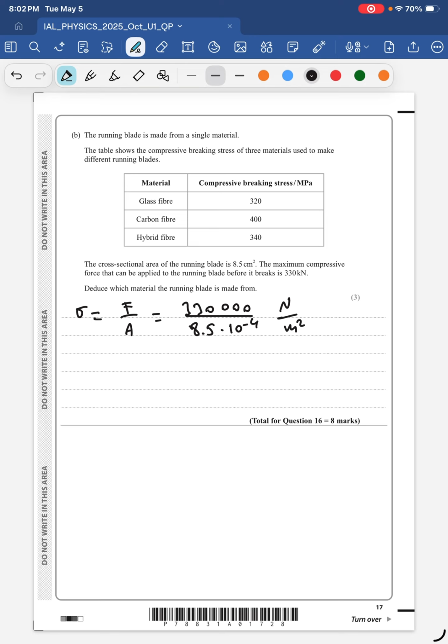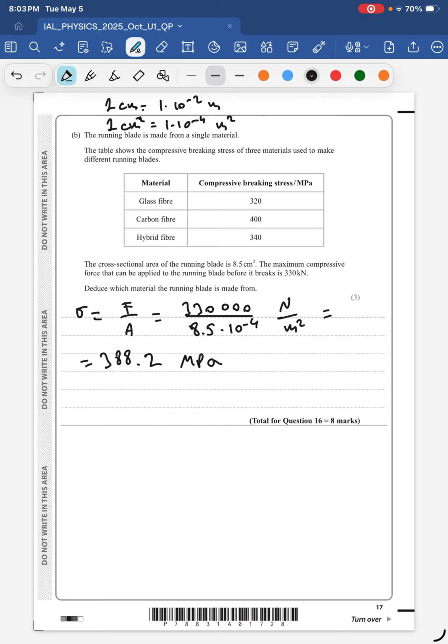This is because 1 cm is 1 times 10 to the negative 2 meters. So 1 cm squared is that thing squared, so 1 times 10 to the negative 4 square meters. So this calculation yields